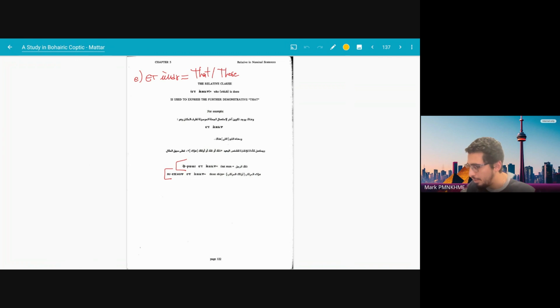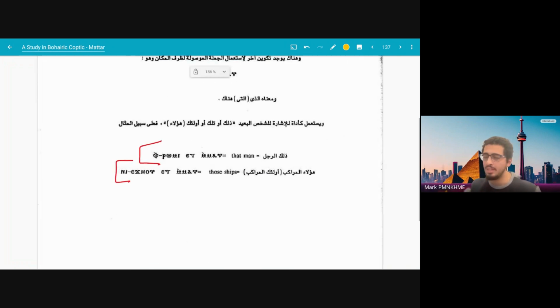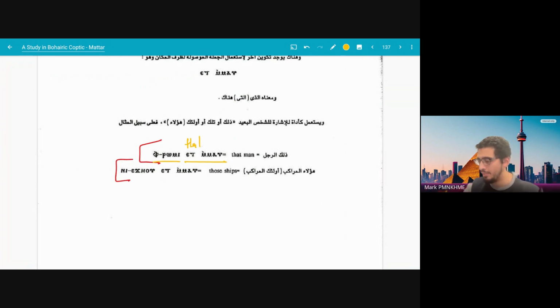That's it. The last part is another use of it, which is etemau. That's actually the preferred way in Coptic, especially in Sahidic, to refer to something that is far. So rather than saying fi romi, just say fi romi etemau. Et means that or which. And remember, it's always an is. Emau means there. If you say ti emau, it means I am there. So emau means there. That's the Coptic way.